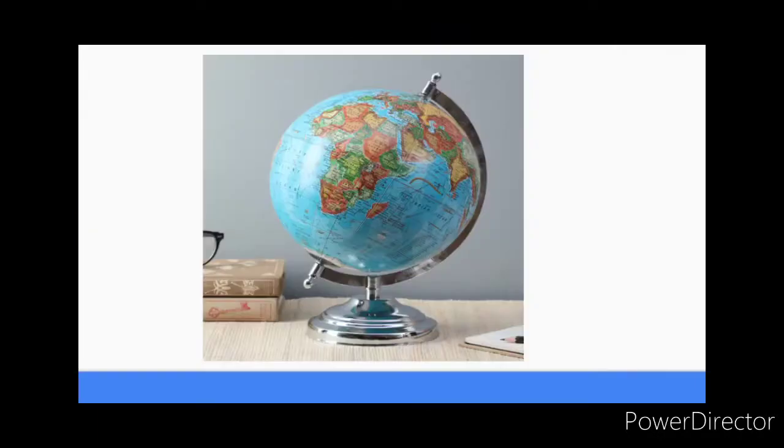First of all, the most accurate measure that we use is a globe. A globe is a small human-made model of the earth. It is in the shape of the earth, and it is the best, simple and accurate way to represent the earth. But even though the globe is very accurate, there are some limitations. First of all, it is very difficult to carry around. The space on a globe is limited, and thus details of geographical features cannot be shown.